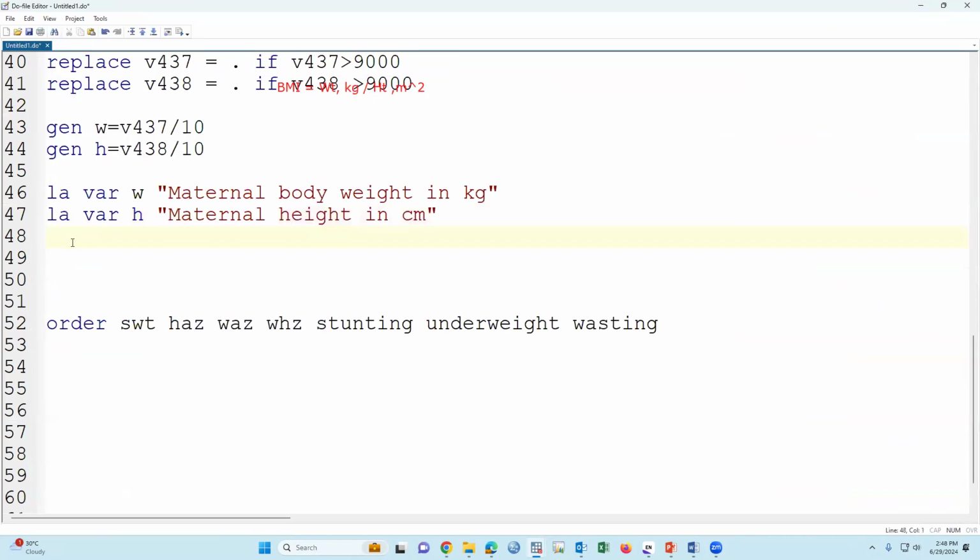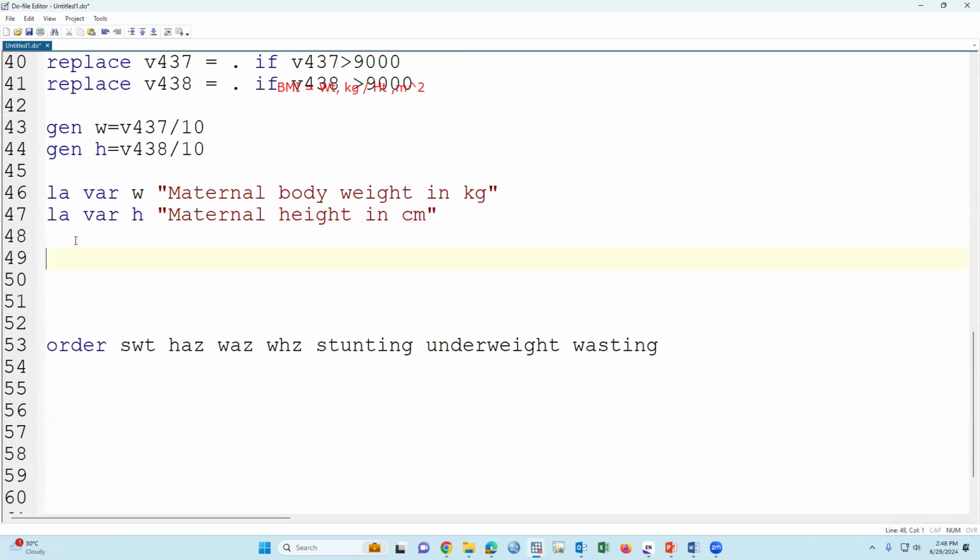So we have to, BMI is equal to weight divided by height square, but the height unit is centimeter, we have to convert to meter. For this reason we have to divide by 100. Okay, if we run,